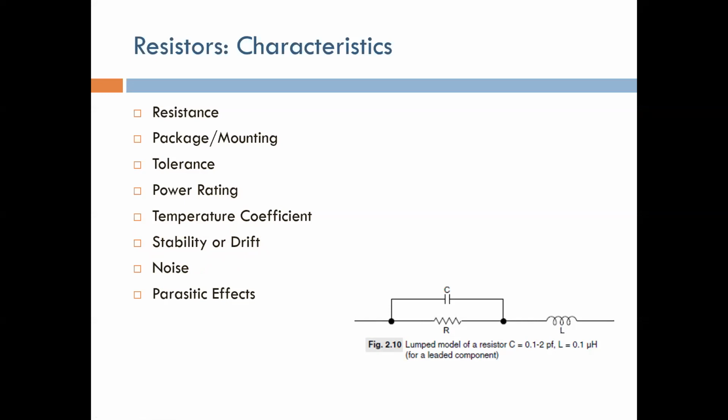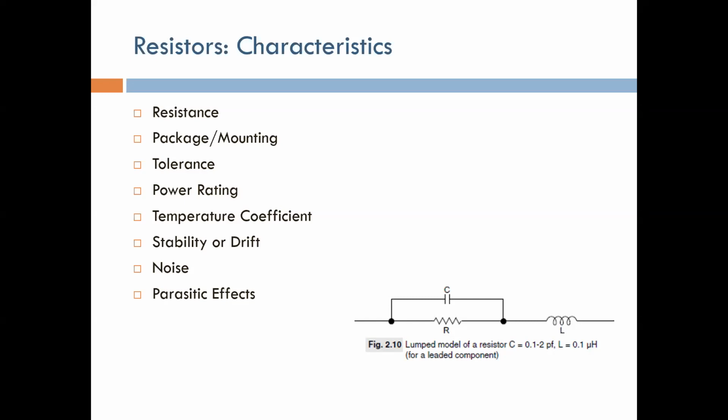Basically, if you're trying to design a circuit, it's usually recommended to keep your resistors in the range below 10K. If you go above 10K, then you're risking more noise in your circuit. Okay, so